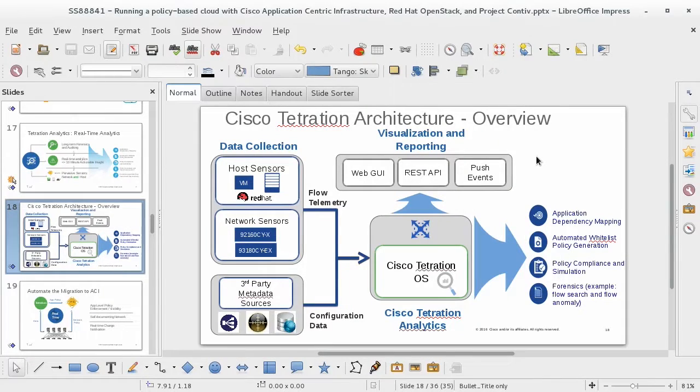So I'll take a step back and actually show you the titration slide now that we actually have it going. So the idea, I talked about having the set of sensors, gathering telemetry data, network sensors, host sensors, feeding them into our appliance, and the appliance exposing the GUI as well as a REST API, as part of its solution. So, the product we end up selling is our titration appliance, and then we'll give you the sensors that you can install again on the Red Hat operating system, as well as the network sensors that work as part of the solution.